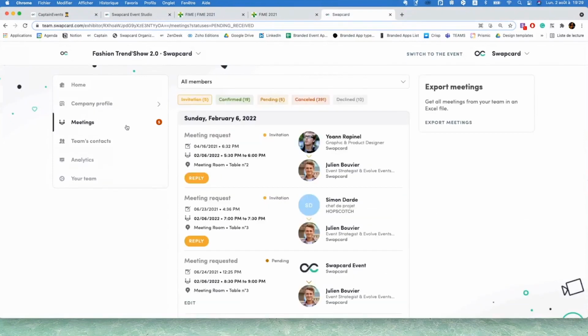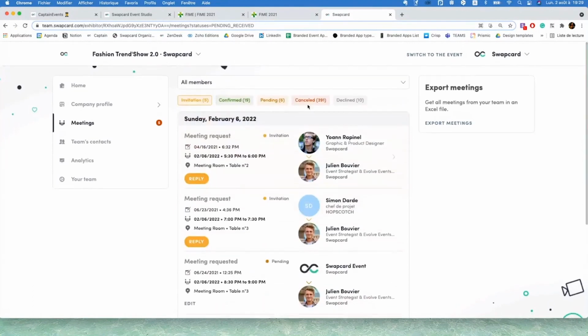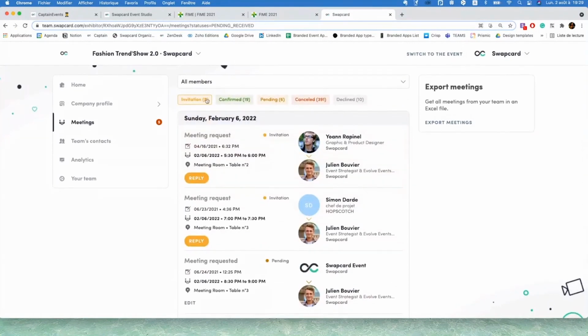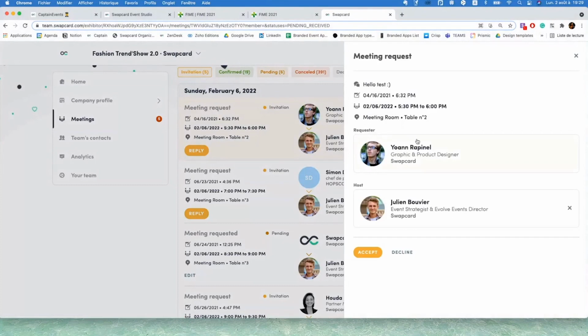So here you have the meetings tab, and this is where you will see all your meetings requests for the booth. So basically a participant who is sending a meeting request to your booth. As you can see here, you have the list of meetings. At the top, you have the different filters where you can filter by confirm meeting, pending, cancelled, and decline. And if you click on one meeting request, then you will be able to